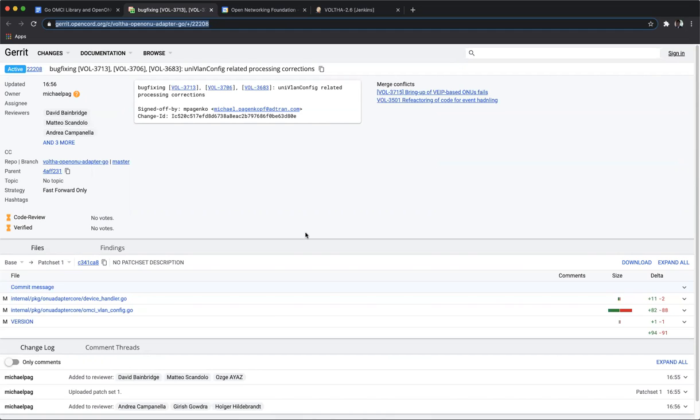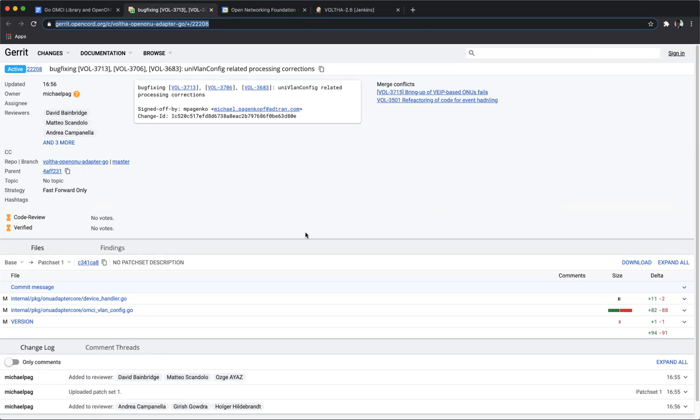This showed some problems that still exist in the VLAN configuration processing that might have the effect, depending on the sequence of messages sent from the RW core, that either the ONU adapter runs into an unstable situation where it possibly also crashes, or there might even be the effect that some of the flows that should be configured are lost, are not really configured on the OMCI.